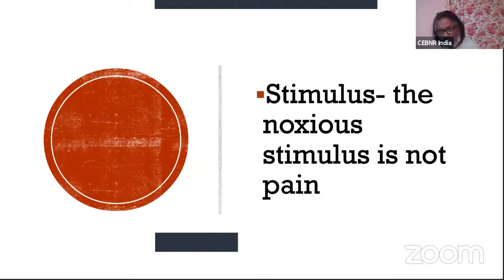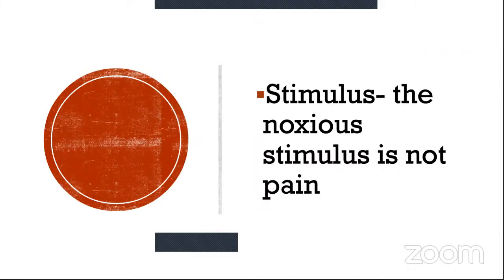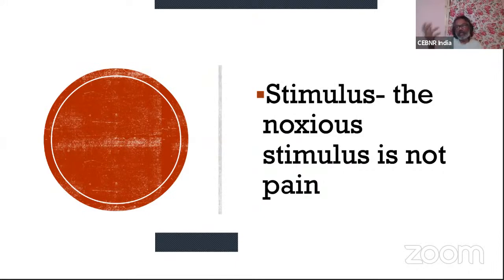So the reason is that whatever information goes in is not always pain. The brain decides whether this is pain or no pain. Am I clear? That is very, very important. Not all noxious stimuli which go up will be considered as pain. It is considered as pain depending upon the brain, what it thinks, and the context, right? All these things are vital.